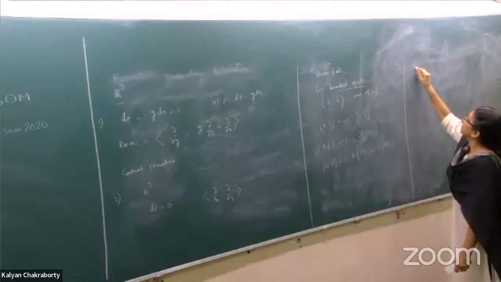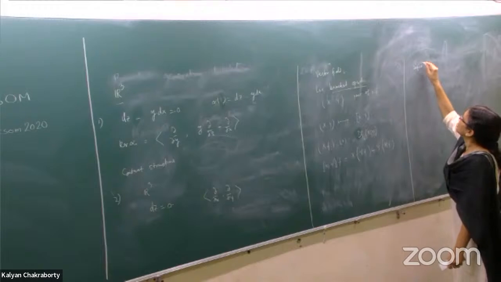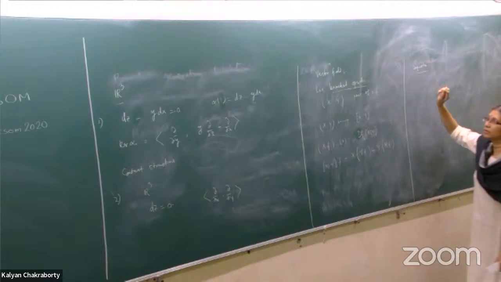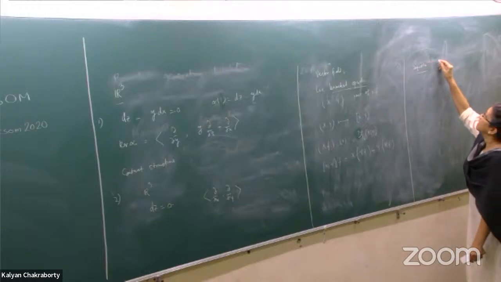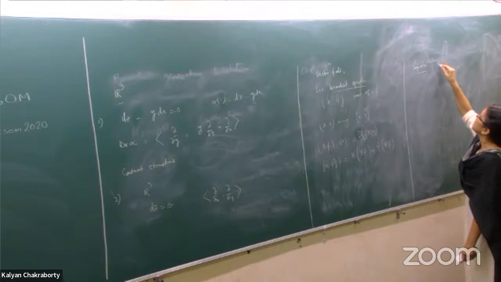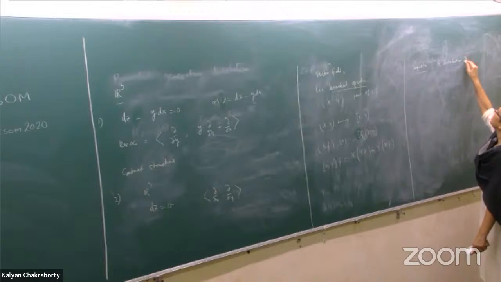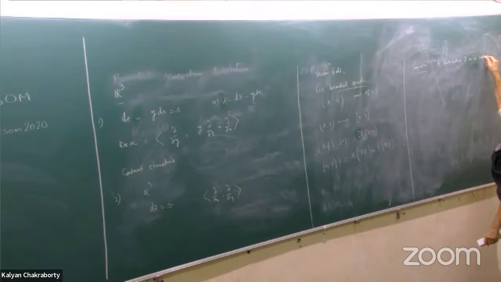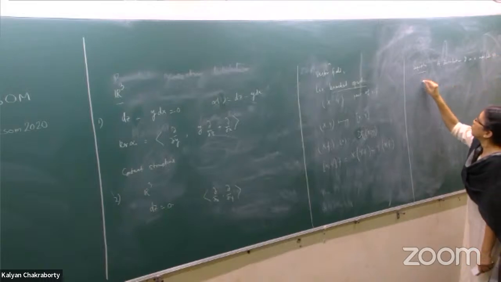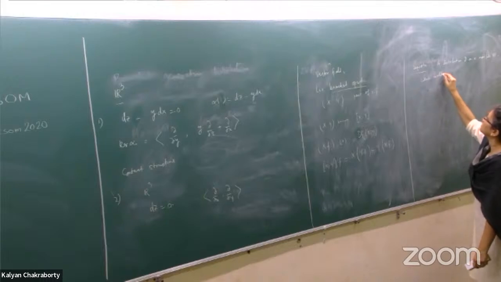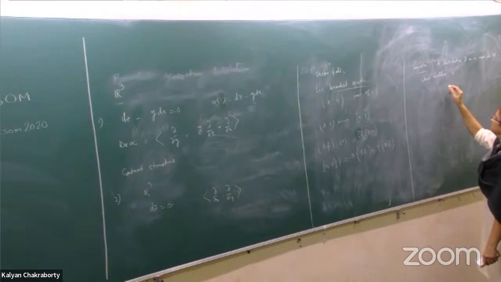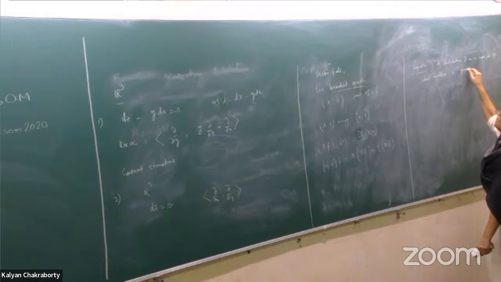We can define two classes. One class of vector fields: a distribution D on a manifold M is called involutive if, given any vector fields,